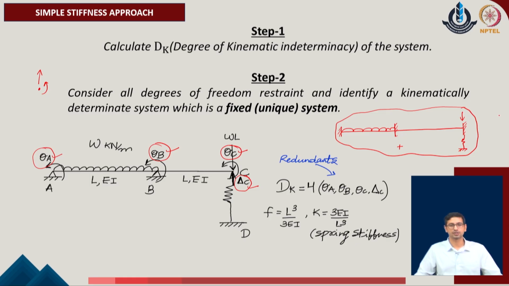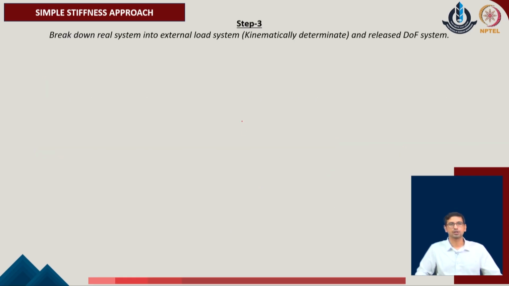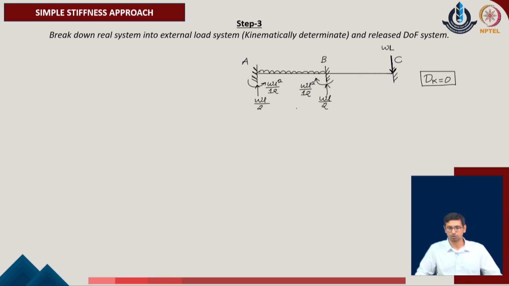Now, to see this part in the next steps, we can check here that in step 3 we break down the system into a kinematically determinate system. This is a kinematically determinate system which now has a degree of kinematic indeterminacy of 0, because none of the degrees of freedom are available in the given problem. With respect to the identified member forces, we have calculated the support reactions or the fixed end reactions of the given system. This has been obtained with the standard formulas which we discussed earlier in the force method. In any of the reference texts, we can evaluate these values, and it can also be evaluated by the standard force or displacement method for the given system.